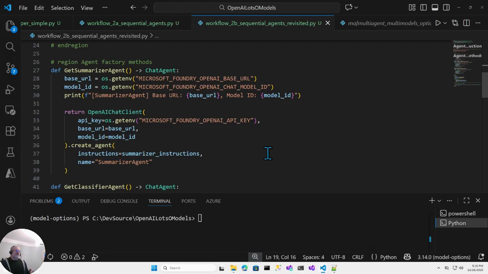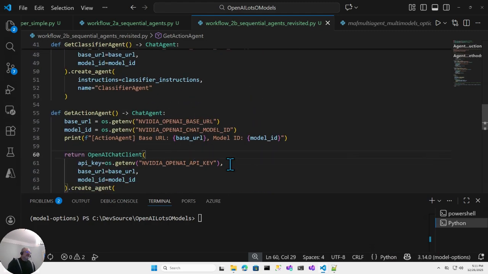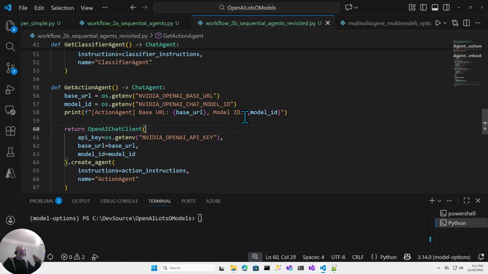So the other thing I wanted to show here was that, technically, these agents could all be running their own models, on completely different infrastructure. I don't know if you'd actually do that in a real production world. Probably not. You'd probably pick one pathway and go with it. But in this case, I'm using Microsoft Foundry for the summarizer agent, Amazon Bedrock for the classifier agent, and then I'm using NVIDIA's hosting platform. This one happens to use a Nemo model, one of the new ones that came out not too long ago, and that's the thing that will actually determine the action. Okay, so those are those three agents.